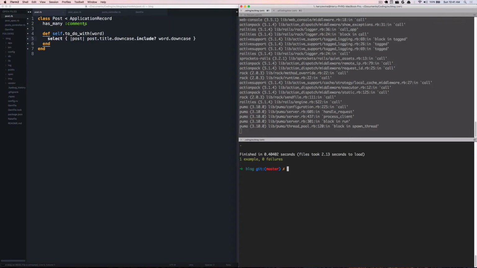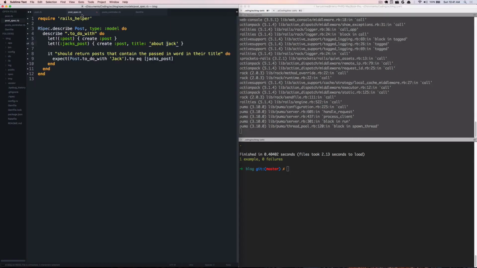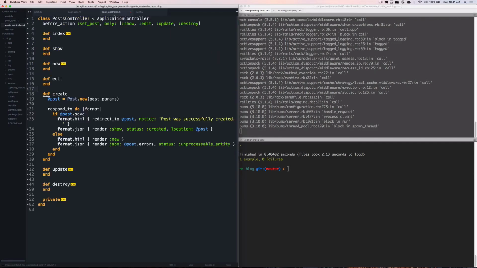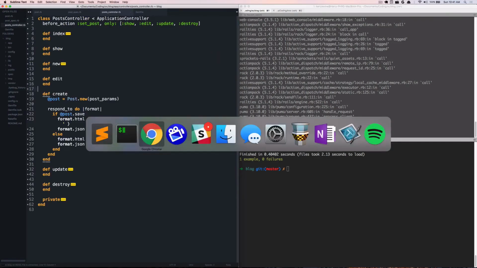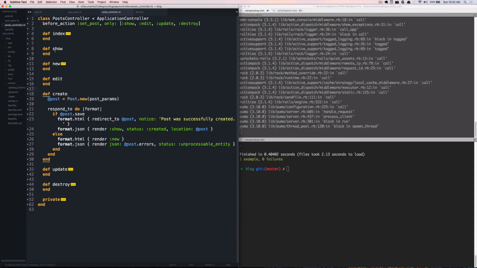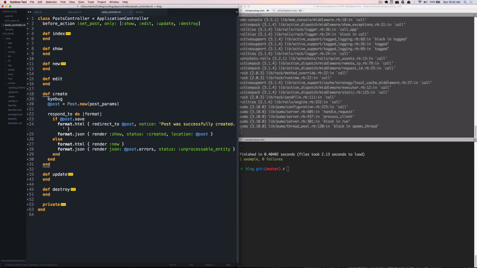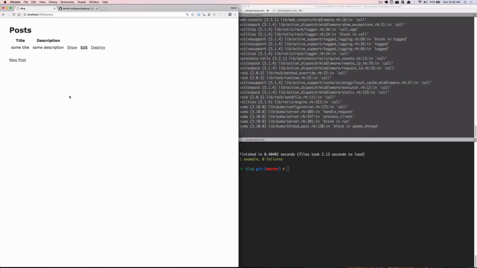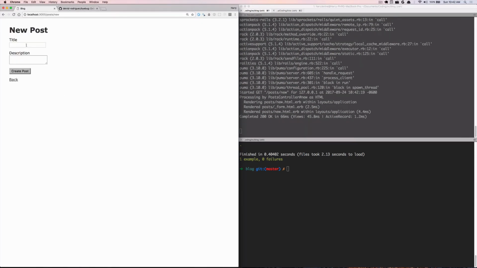So that's debugging inside of a spec. We can also debug inside of other files, like a controller, for example. Let's say this is a simple app I just spun up using a scaffold on the Post model. And let's say we're creating a new post and we're having issues creating a new post. So we can go into the posts controller, into the create action, and toss a byebug in here. And when we do so, and we go to create some new post,